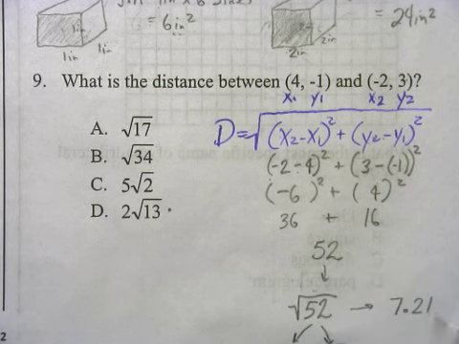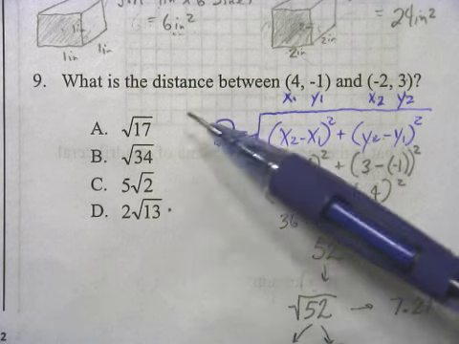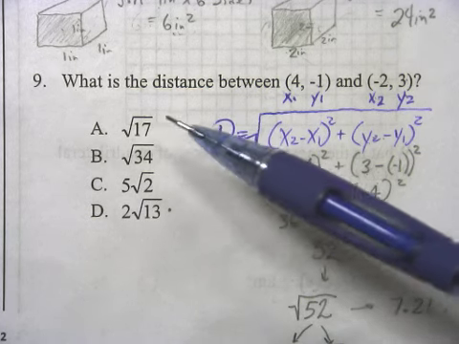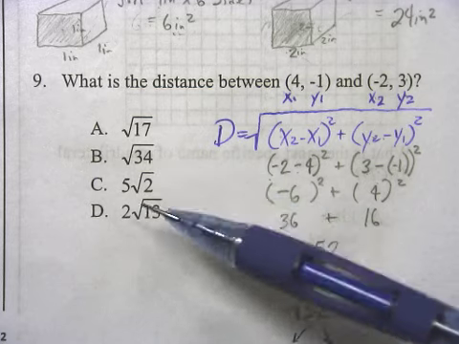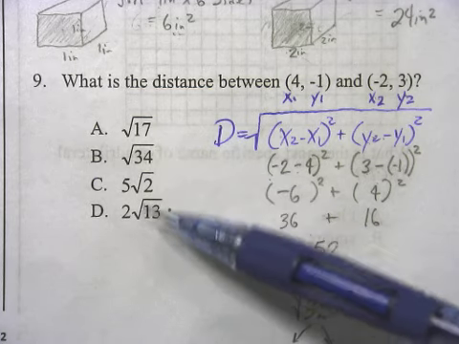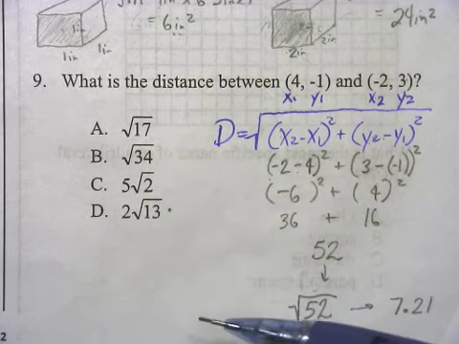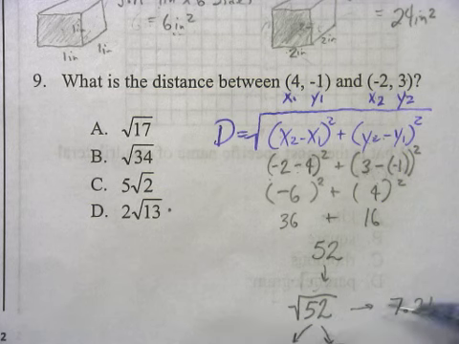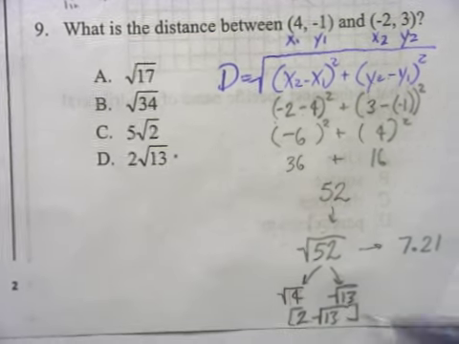Remember, this is all happening under the square root of 52, which means that it is 7.21. The square root of 52 is 7.21. So when you look here, you go, oh, wait a minute. None of these are the square root of 52, right? Well, the thing is, one of these is equivalent to